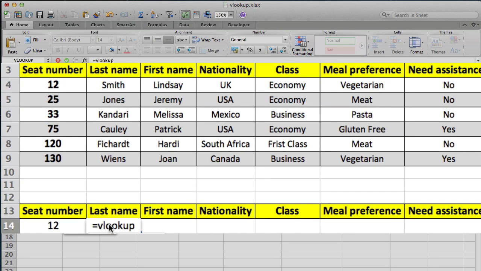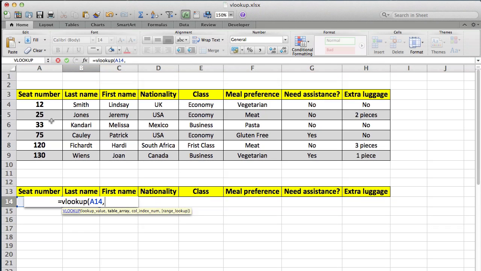So let's do it. I'm going to type in equals VLOOKUP, then a parenthesis, and now I'm going to select the cell with the drop-down menu. In my case, it's going to be A14. I'm always going to click on that cell. Now I'm going to hit a comma, and now it wants the table array, so it wants to know where to look. So I'm going to select all my information there, comma,